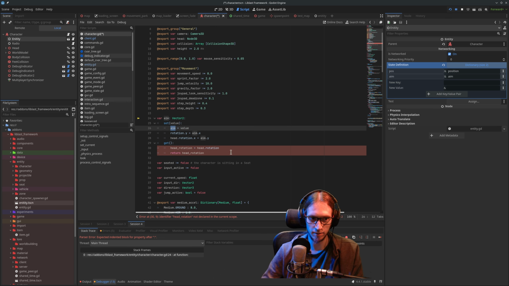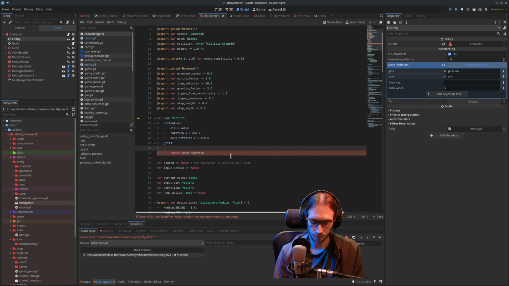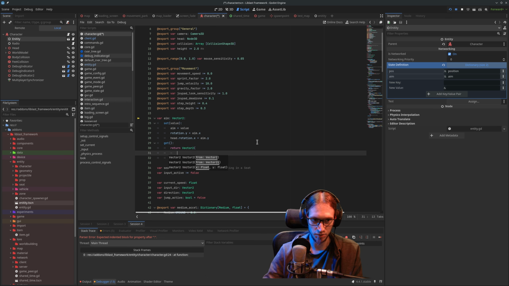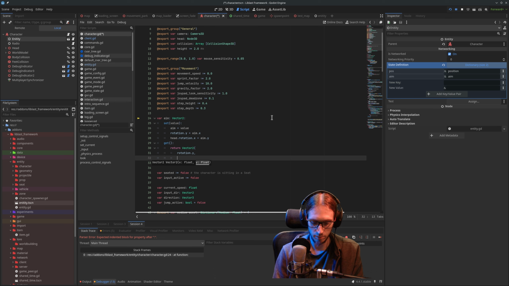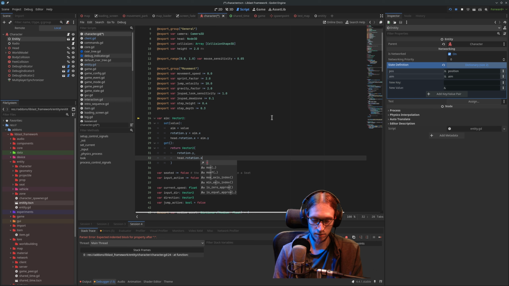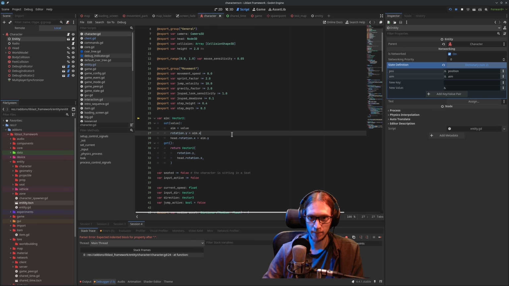All right, and get. Vector2. Let's use the benefit of two lines. The first thing is going to be rotation.y. Second is going to be head.rotation.x. And this is going to be right. So this is aim. Okay, so now